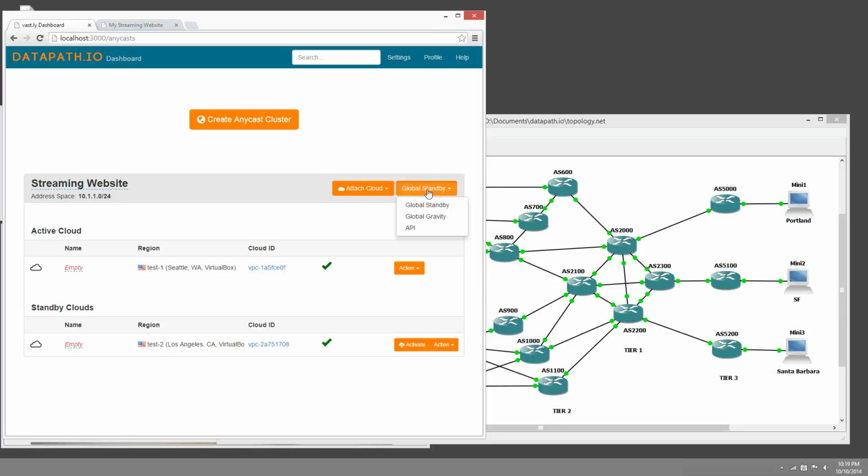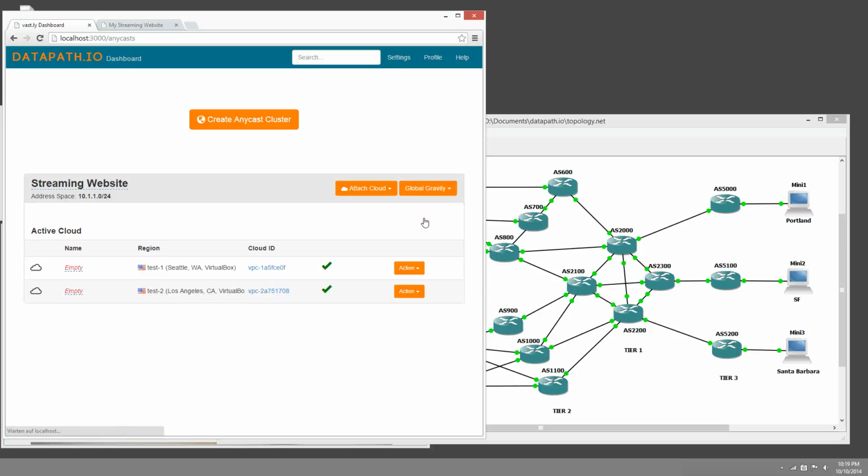We can also change our cluster to the global gravity scenario, which is the default for traditional Anycast routing, and it applies to active-active deployments. You can now see that all the regions are part of the active cloud group. The routing parameters change to the BGP distance-based routing. So now again, if we open the Portland client